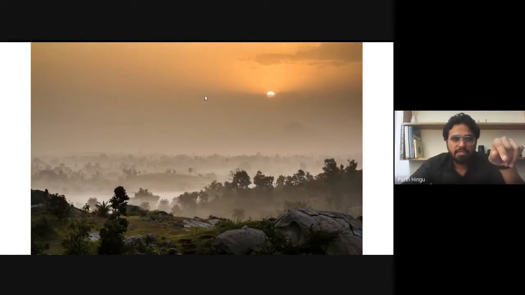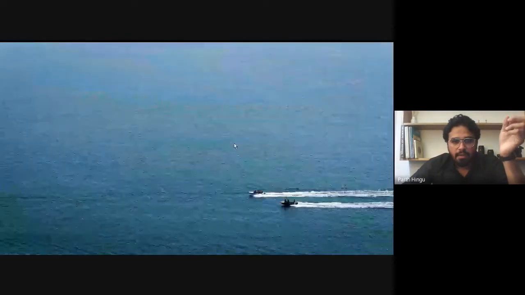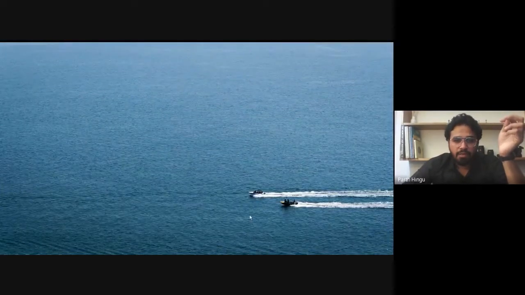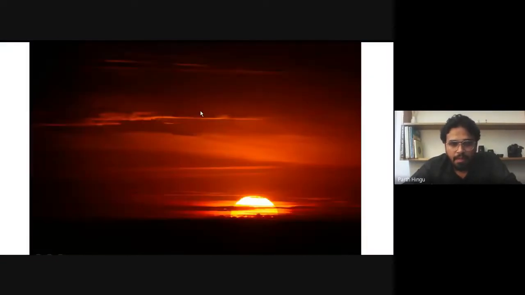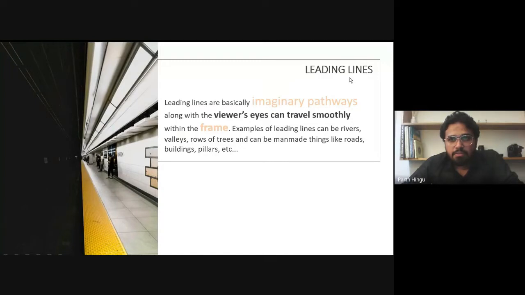If the sun were somewhere over here, you would not find it attractive like this image is looking right now. Like the boats are at this corner and the other, and there is breathing space in the image everywhere. Same over here, the sun is composed like here as well, but it's the personal decision of the photographer.